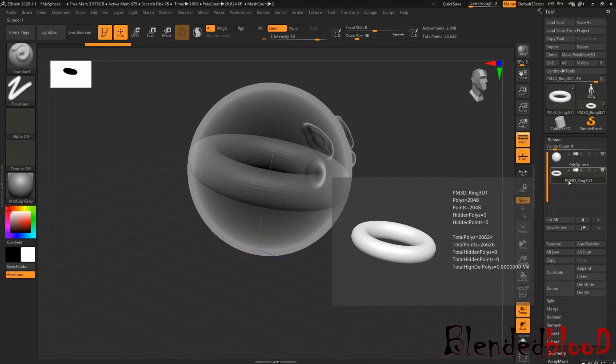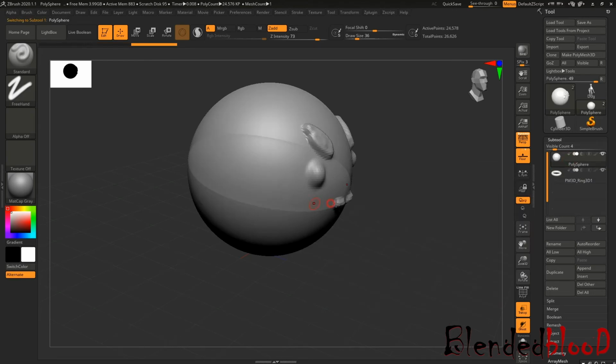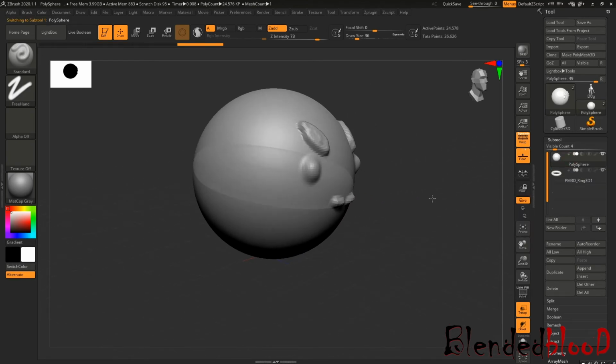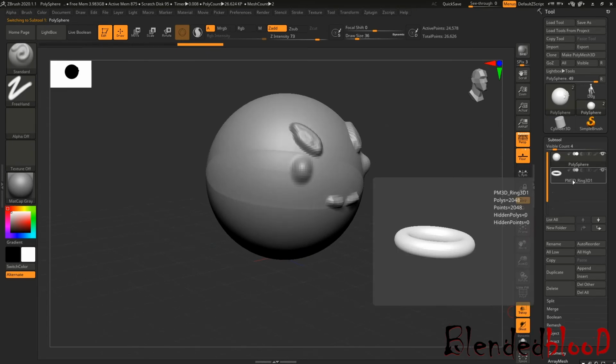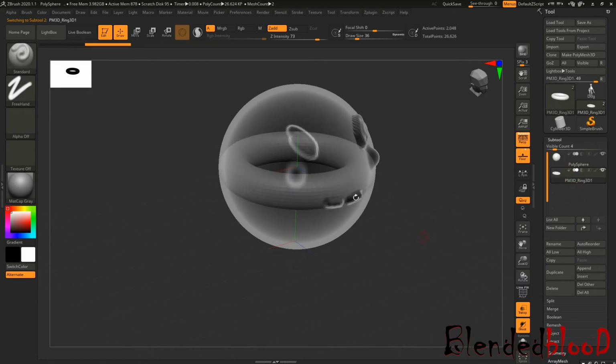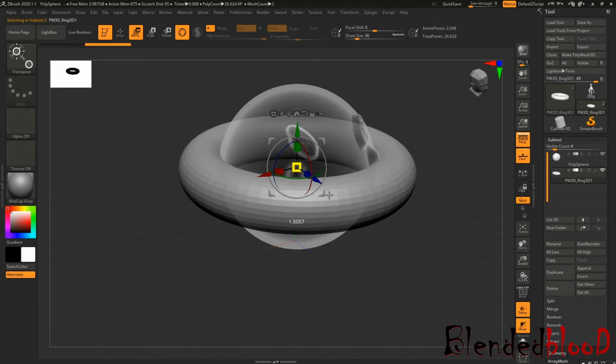This is your selected layer. If I select the sphere, then you can see the ring through the see-through option, because we just clicked on transpose. So come to the ring option, come to move and scale it from center.